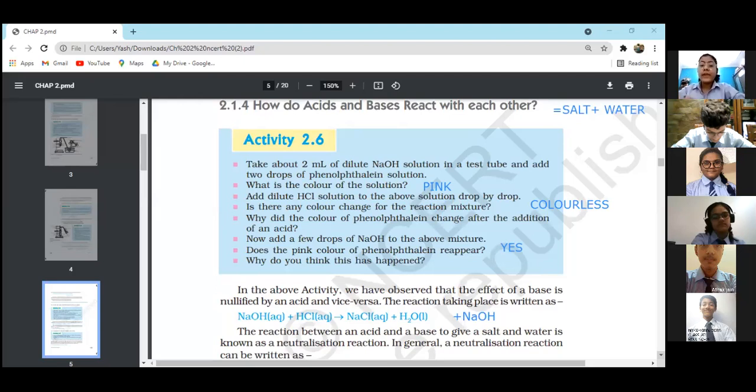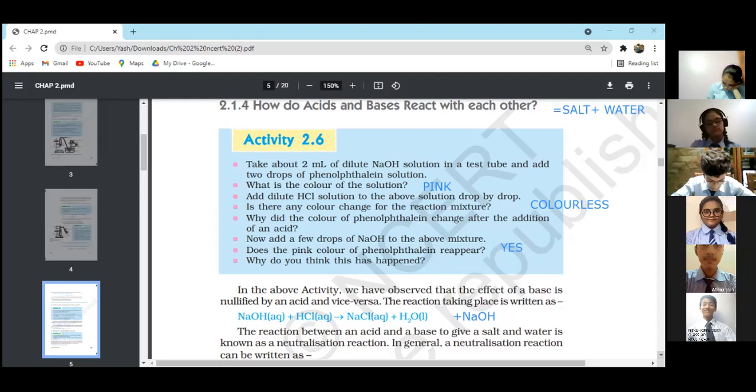Very good. Excellent. Please write down, the salt formed was... a little more detail I'm giving you, so that in future you should not get confused, right? Please write down here. The salt formed here was neutral salt solution.